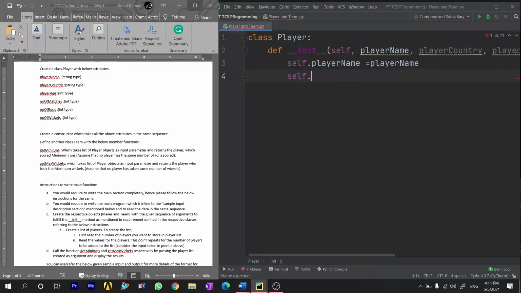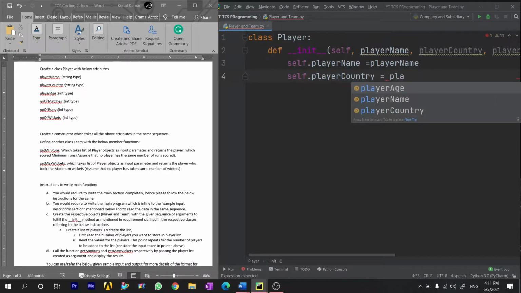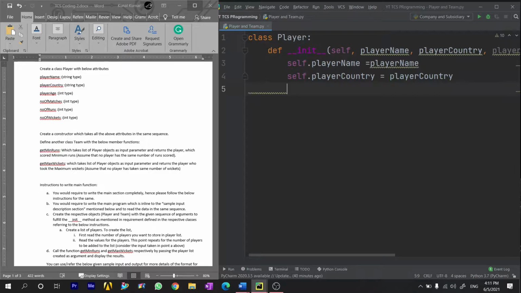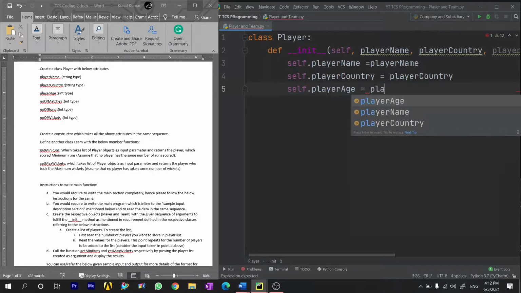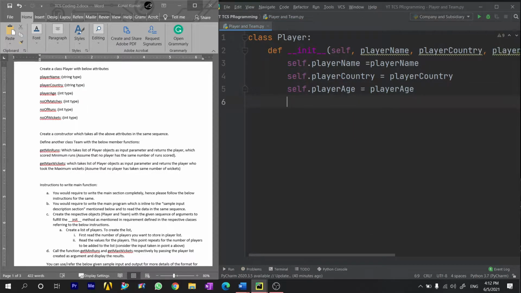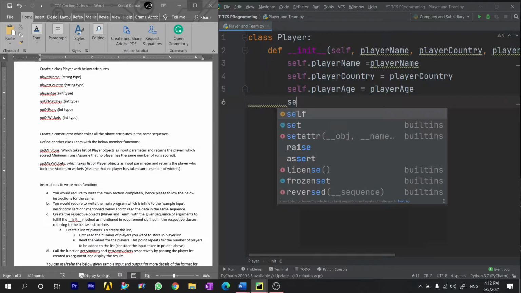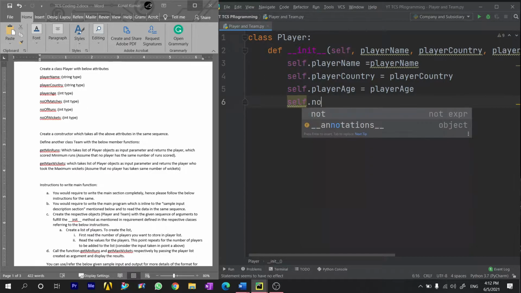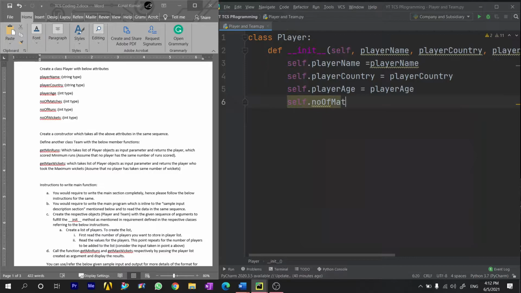Similarly, self dot player country will be equal to player country, player age, number of matches.